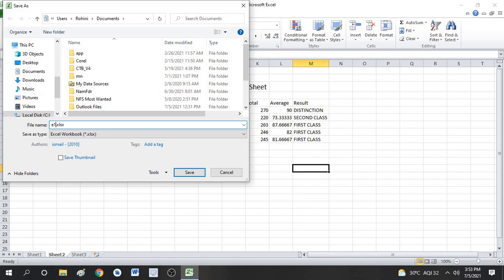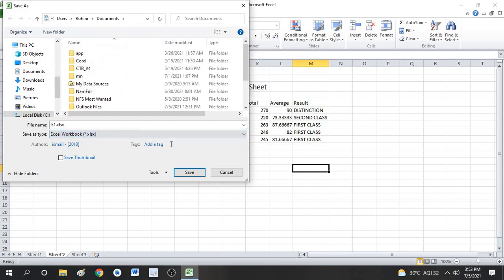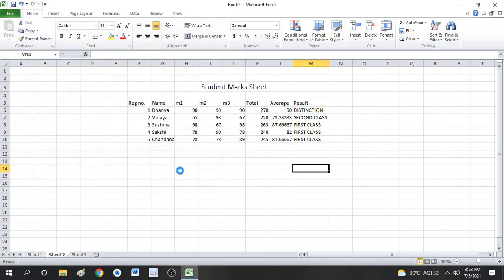I'm just giving it E1. So here you can see it is in the form of Excel. Click on save. Here in the title bar you can see the name of the file.